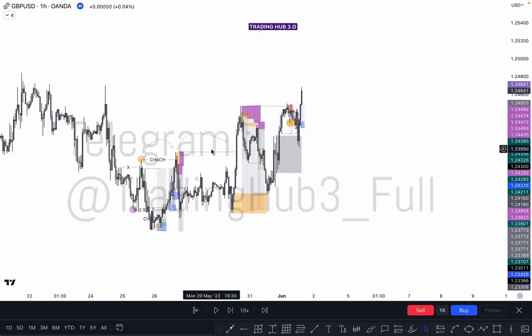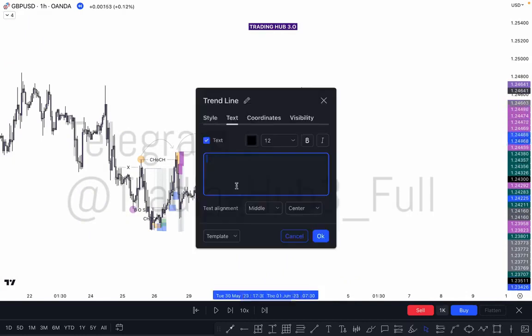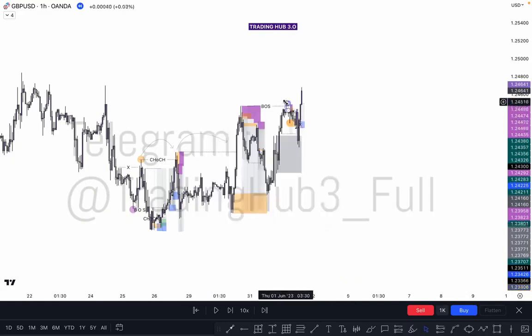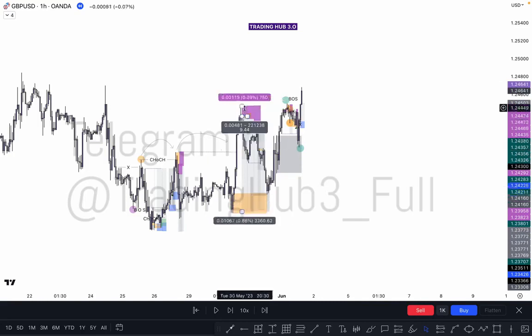Next candle close away, it means this point becomes our valid choch, because this has become our higher high and higher low right here. This is a higher high, and this point becomes our low. This choch is confirmed here. There is no inducement taken out, so transfer here to here, inducement taken out,